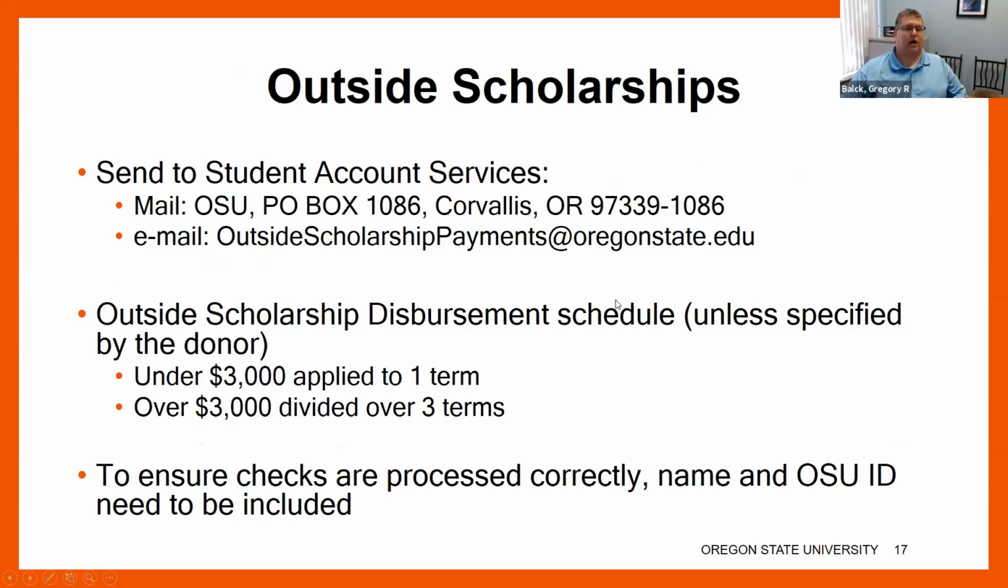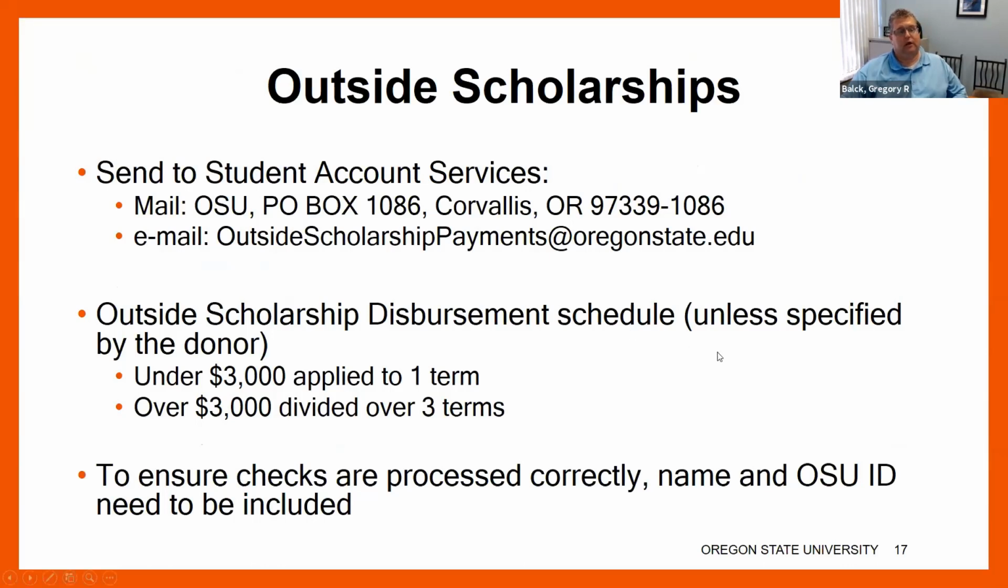Now, if you have a scholarship that was received from a local entity, a local club, a local government, you can send those to Student Account Services. We will process those on your behalf. You would mail them to OSU, P.O. Box 1086, Corvallis, Oregon 97339-1086. If you have any questions or wanted to know if it was received, you can send an email to